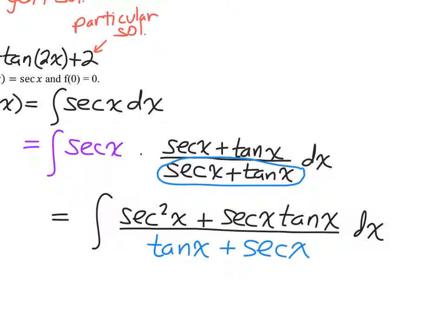Why on earth they thought to do that, I have no idea. But they did. Why wouldn't it just be secant squared x plus tan x? Where did you get the extra secant? Oh, you have to distribute it through, because this is a binomial. Gotcha. Even though it's a fraction, it still acts as a quantity. All right, so what ends up happening is that we are going to create a solution that involves this being the u. All right, but that's where I'm going to leave it. I'll let you try to go the rest of